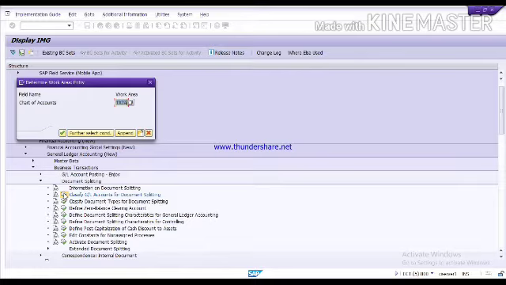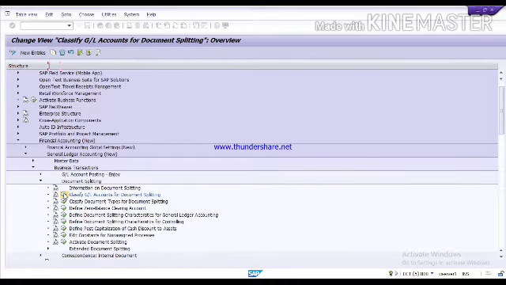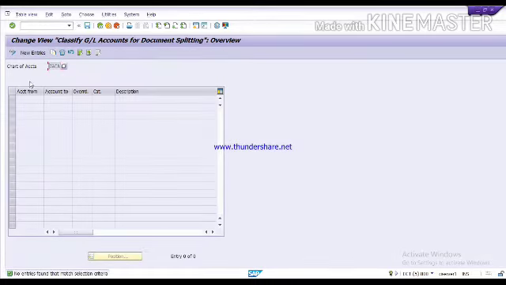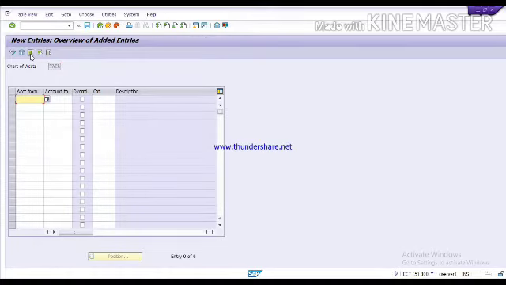Now here first of all you have to give your chart of accounts. Then click on new entries, and here you will get the fields in which you can assign your GL accounts, each GL which you want to split.